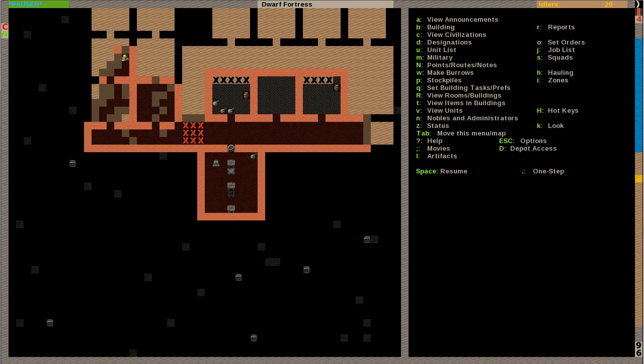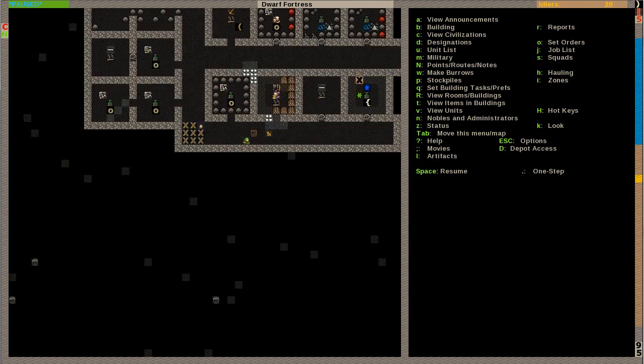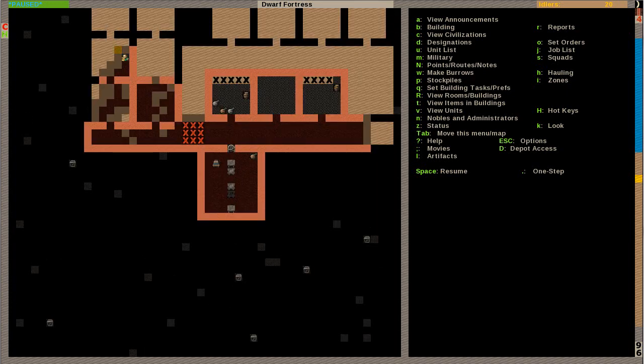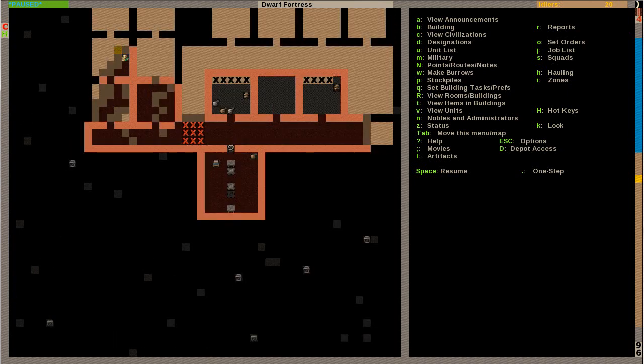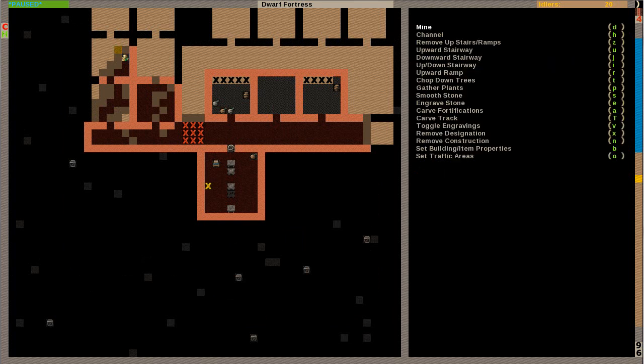So, I really want the well in my hospital, it just makes sense. But, well, there is some room just below it. Yeah, I think I'll just dig out a room underneath and then a pit up here and just have it designated as a pond and have them just fill it. I'll have to wait till the water melts, but...